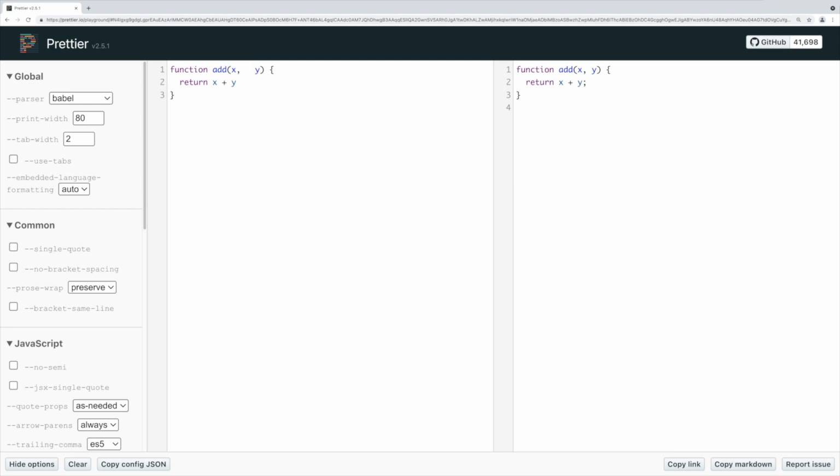cleaner. We could also maybe put the entire function onto one line. So let's move this up here like this, and just do it all in one line. And you can see pretty much no matter what we do with the white space, Prettier is keeping this function nice and clean and easy to read. And if we go ahead and return this to new lines like this, then what we can also look at